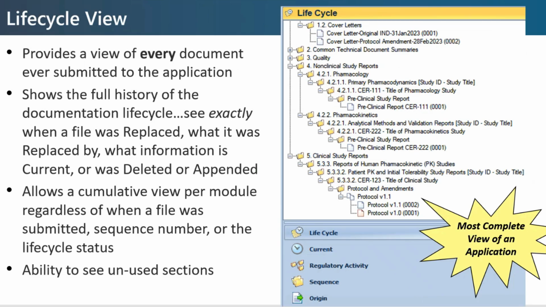Today, I am going to speak about some of the most time-saving features within GlobalSubmit, and we won't have time to get to all of them, but we're going to start off speaking about something that can definitely help with review of the submission structure, and that is the Lifecycle View. This provides a view of every document ever submitted to the application and shows the full history of that document lifecycle so that